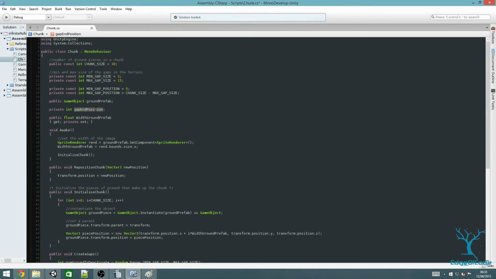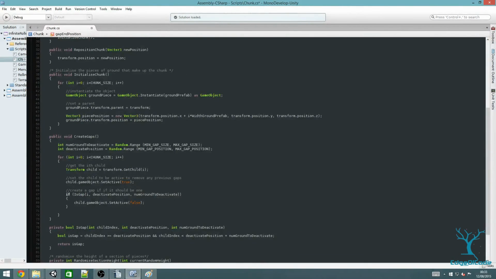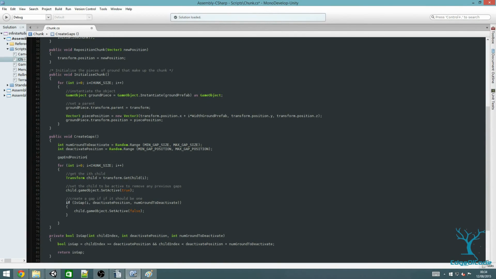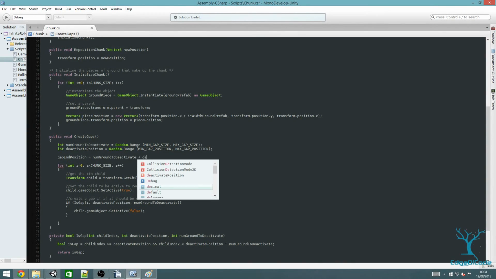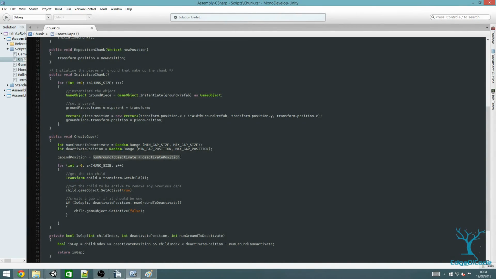Okay, I'm going to set this in create gaps, because gap end position is num grounds deactivate plus deactivate position. This sum is written in this method as well. So now that we've set this, we can replace these with gap end position. That also means that I can take out num grounds deactivate from there